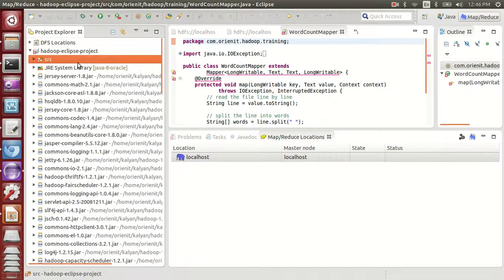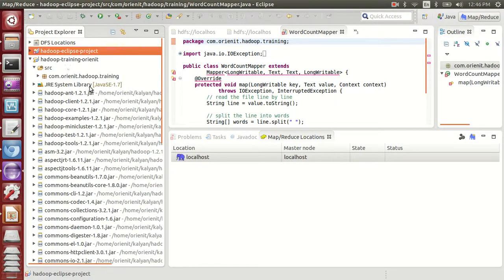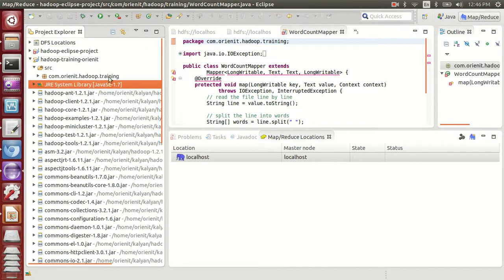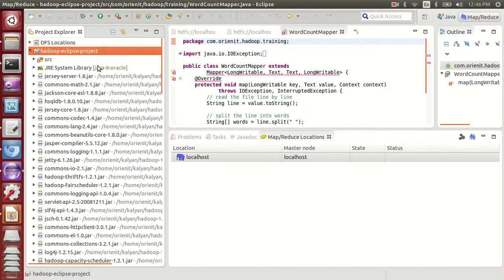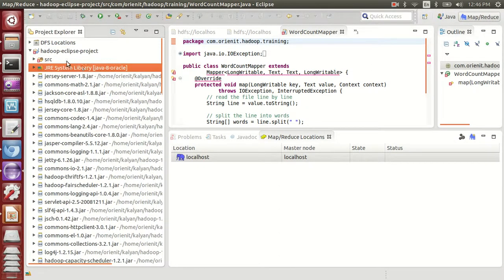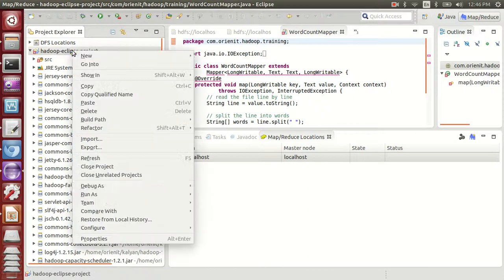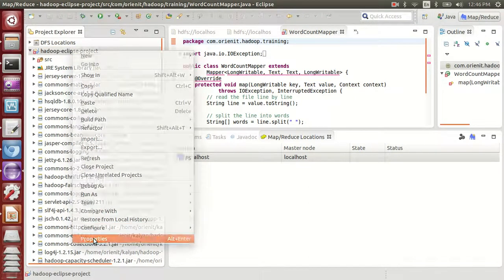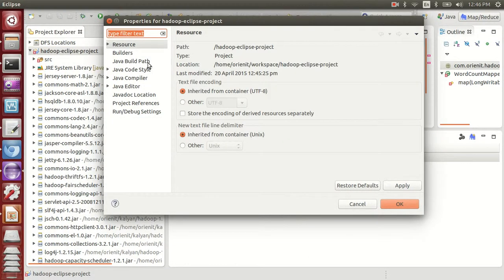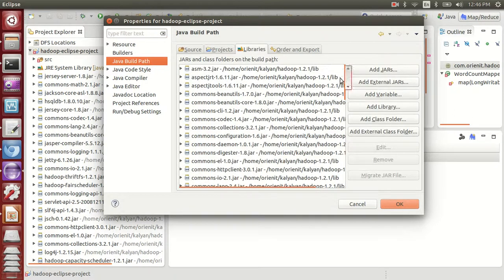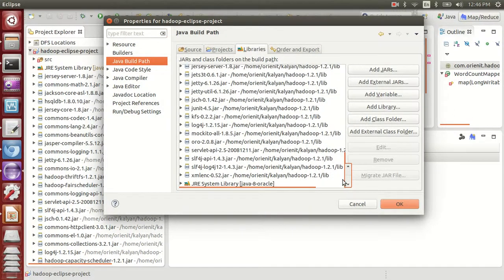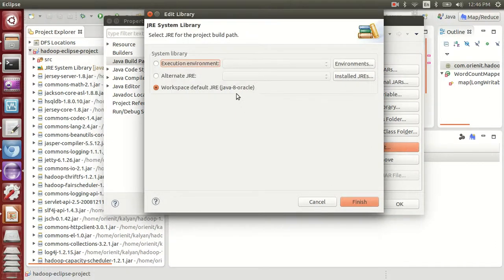My compatible version is 1.7, but here I have 1.8. Let's fix this: right click on the project, go to Properties, Java Build Path, come down, select this one and say Edit. Don't go with this, choose the alternative one.